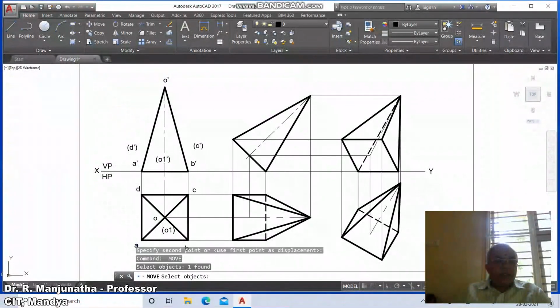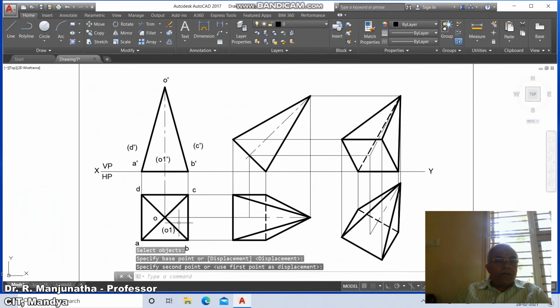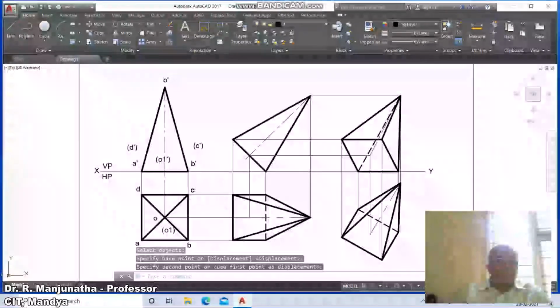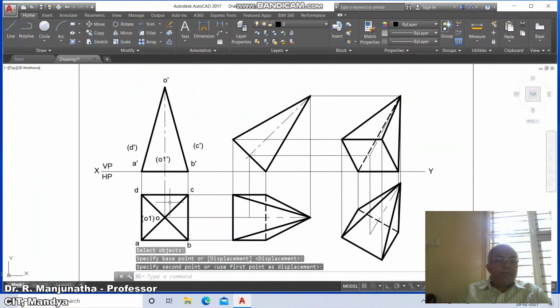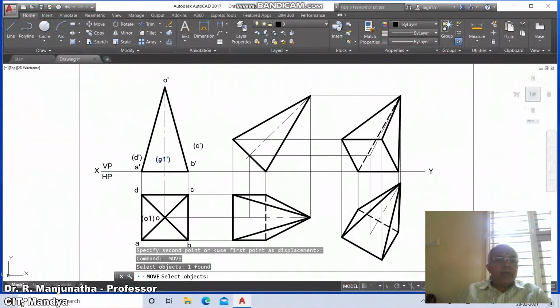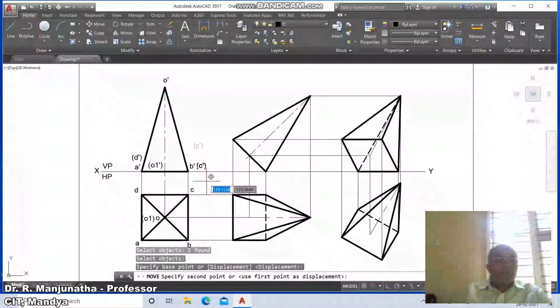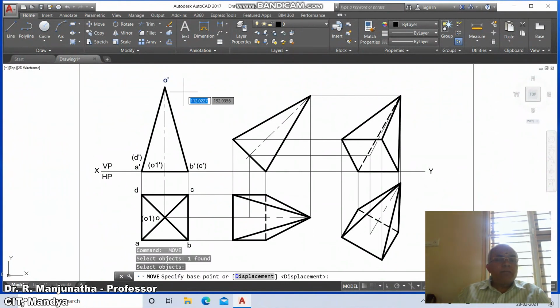Then similarly A, and here it is B, and here it is C, and here it is D, and O, and here it is O1, then it is A dash, here it is D dash, then O1 dash, here it is B dash, here it is C dash, here it is O dash.